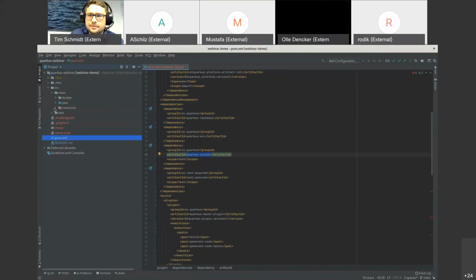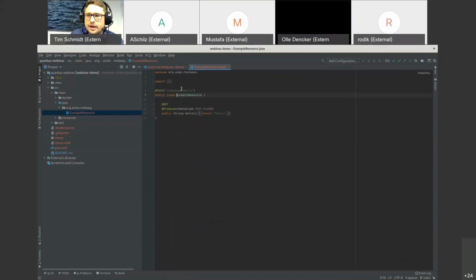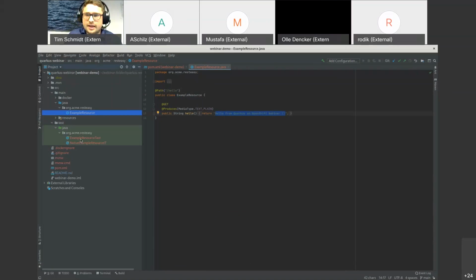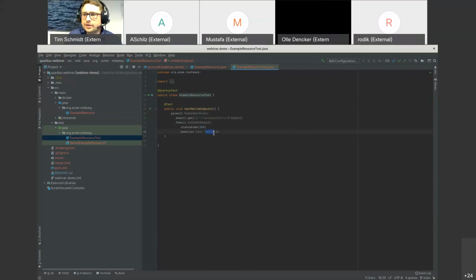In your source, we have an example resource. I will rename it for this webinar so we can see it later on. And I would say, hello from Quarkus on OpenShift webinar. We have a standard test with Quarkus, so I have to replace that in the test. And then we have created our first Quarkus application. In the next step, I will show you how you can easily build your first application